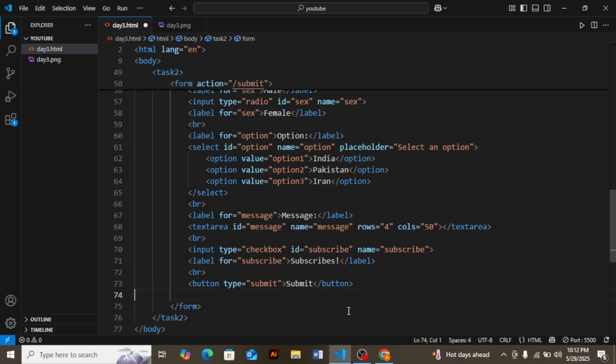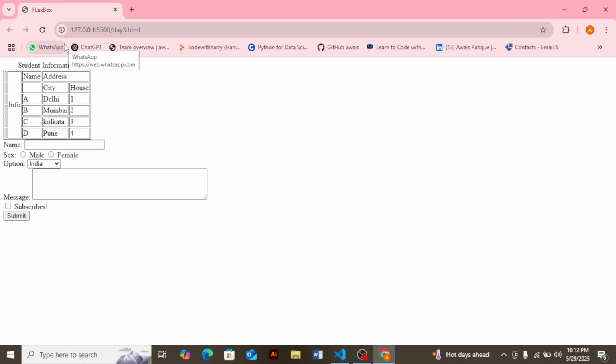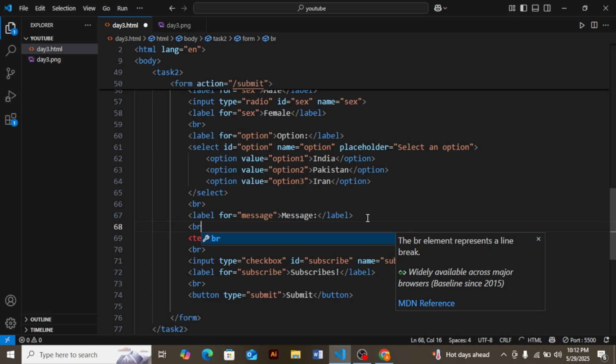We check our output. So here is the name, India, Pakistan, message, subscribe. One thing is that the message text area is right next to the message label, so here we give it a br tag.